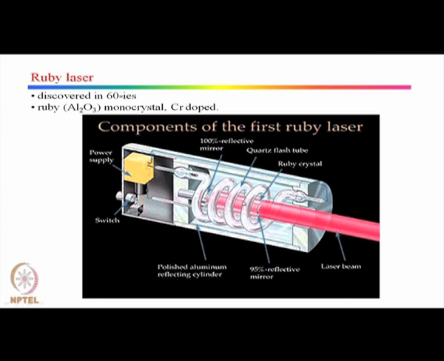supplied here. That is, energy pumping is done by means of electrical energy, which is now converted to photonic energy by means of a quartz flash tube. That flash tube excites the ensemble from the ground state to the metastable state, and then from the metastable state to the ground state, this transition generates your lasing. Okay. It is an aluminum monocrystal doped with chromium, called the ruby,